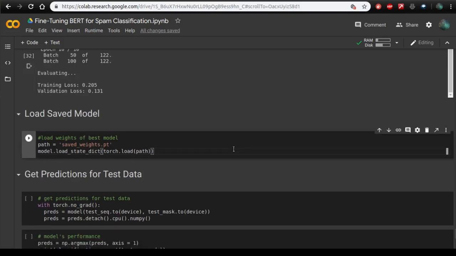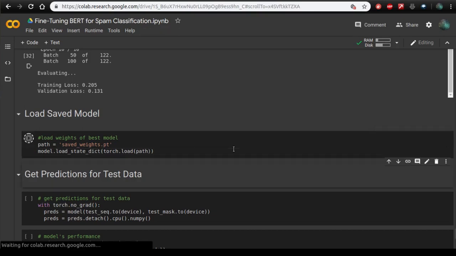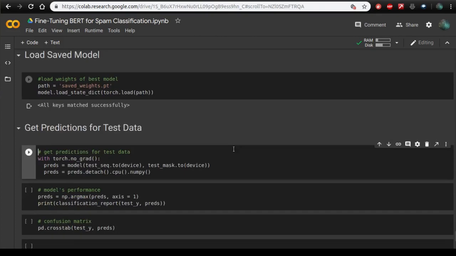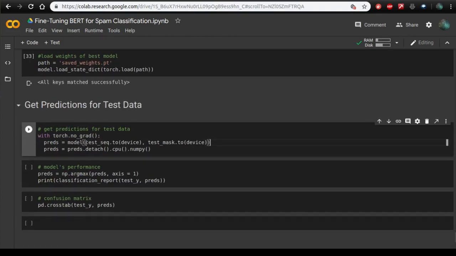So before making predictions, we will load the best weights, which you can easily do by executing this code cell. Now I'll pass the tensors text_sequence and text_mask to the model, and I'll get the predictions.